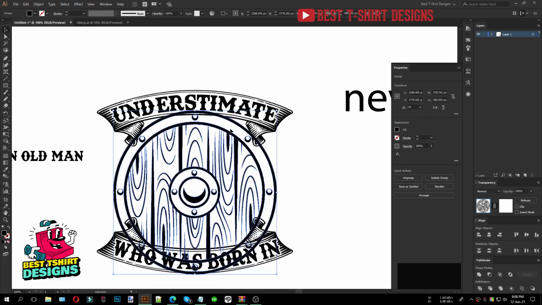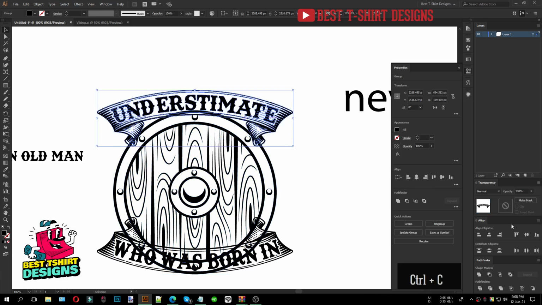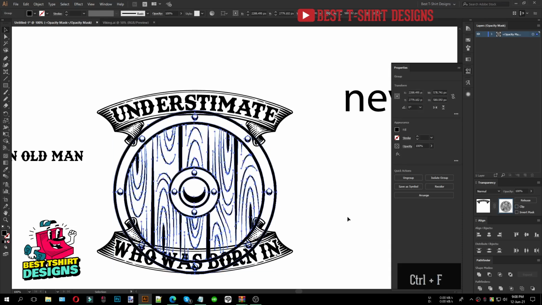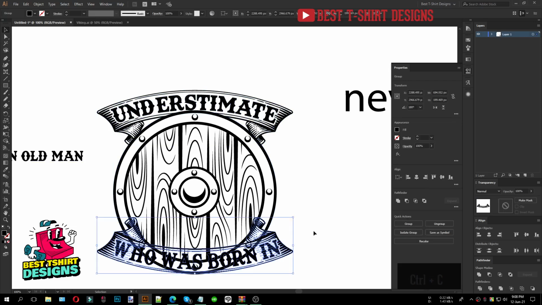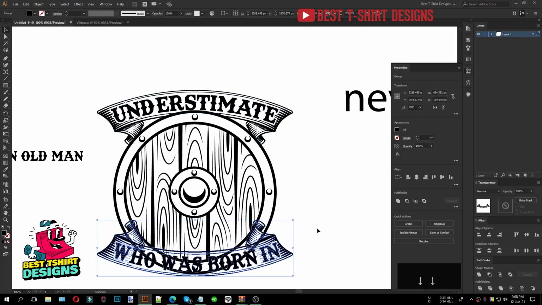If I select this shield, I can simply copy that, and then if I select this ribbon, open Transparency, press Ctrl F. This is looking like this, no problem, don't worry, you can see here. Now click on Merge and Unite. Merge Unite will make it one single shape, a solid shape like this. I just want to copy that, Ctrl C, and then select this ribbon. Okay, so simply I can maybe make it a bit lower like this, that's fine.